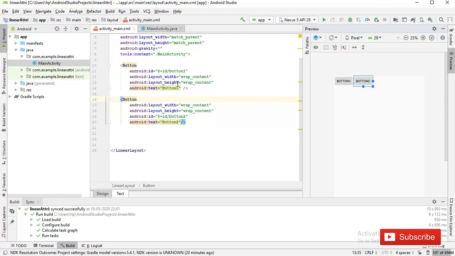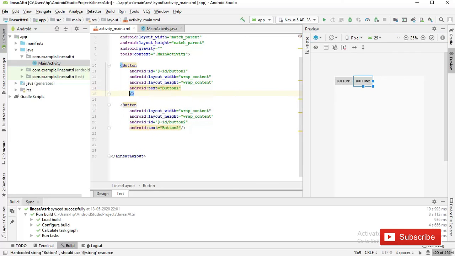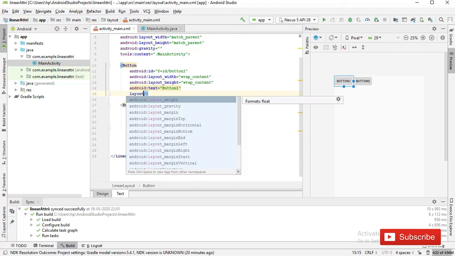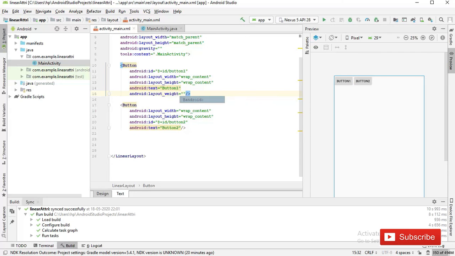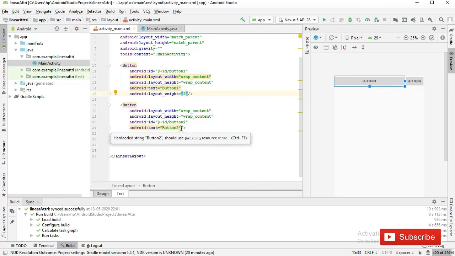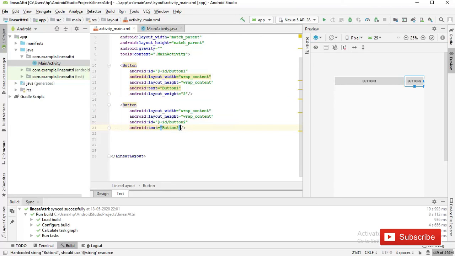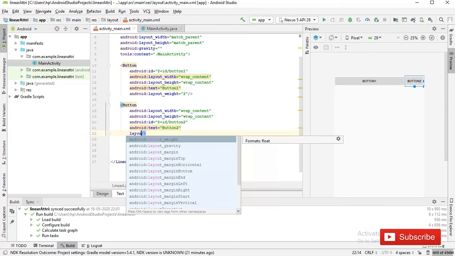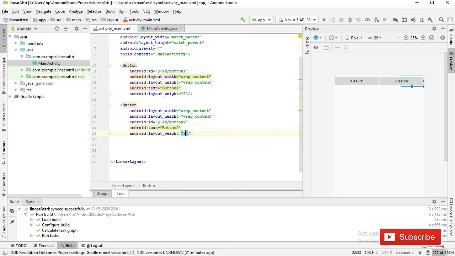But if we apply here layout weight 1, layout weight 2, and here layout weight 2, layout weight 1, then you see button 1 expands compared to button 2.